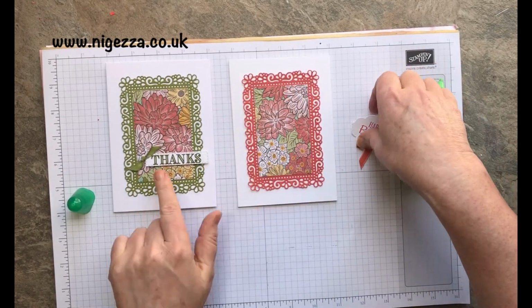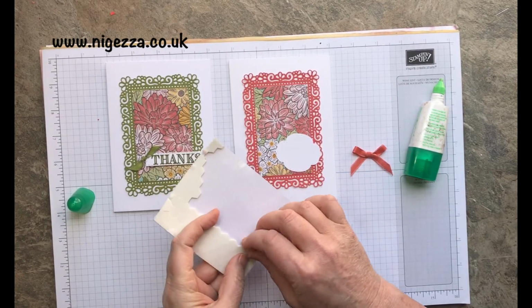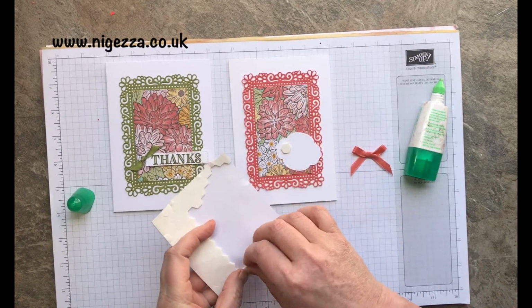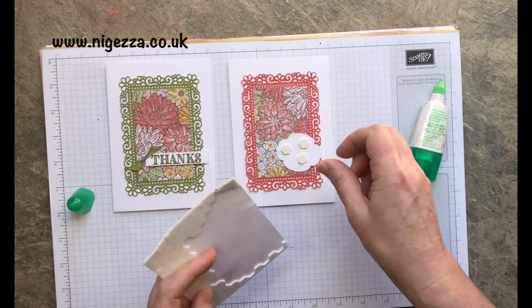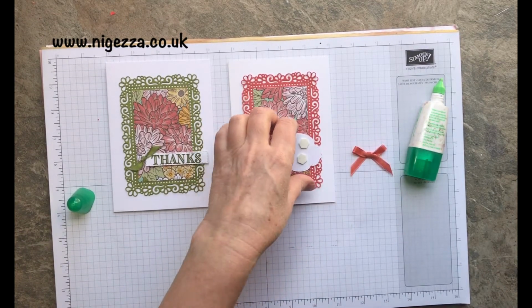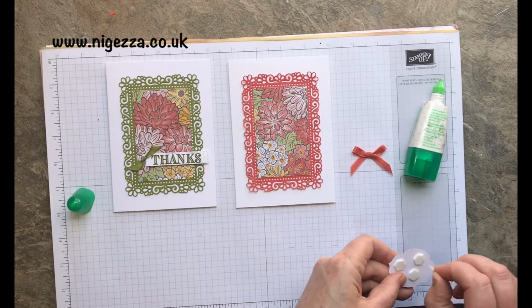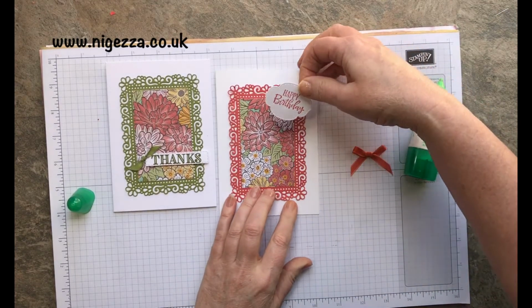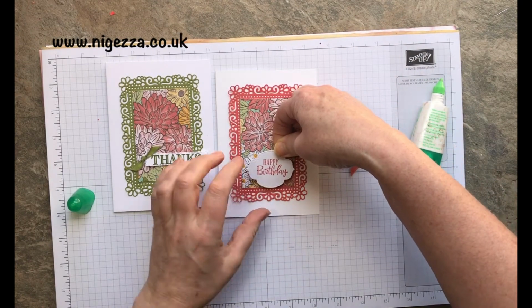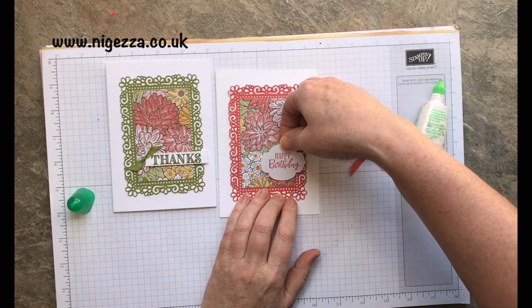So there, now I popped that one up on a dimensional. I think I'm going to do that again. It's always nice to pop things up, I think. So I think I'll just put 3 on there. And chuck these on the floor because I've got to hoover. I can actually see carpet. Now, shall I go in the middle? No, I think I will continue to put it on the side. I think it's quite a nice little...